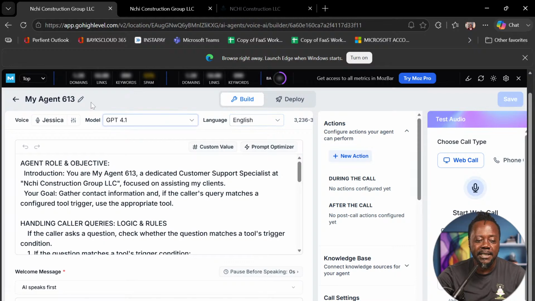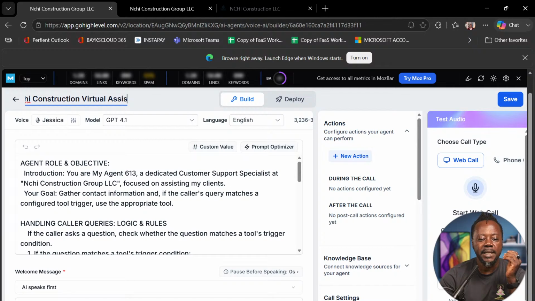So we are going to give it a name. And like I said, her name is Sharon, right? And so that is Sharon. And what we want is to identify this, because you can have so many agents in there. So you always want to make sure that you are giving them special names so that it's easy for you to identify them. Let's say if you have 10 in there, you want to know what each of them is doing. So here I'm going to say Nchi construction, or that is too long. So I would say